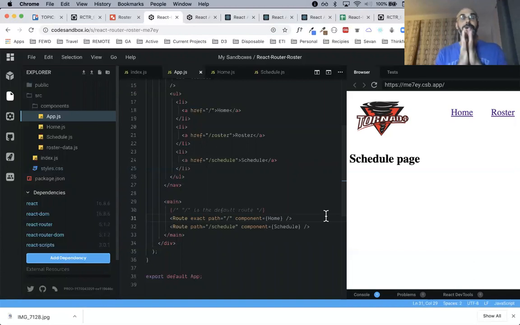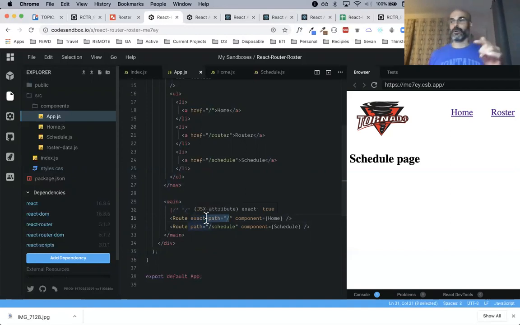It's kind of like, I would say, a property value. You know, like in a form, you could have required as just a key, a value that is never set to true or false. If you include required, then the person can't submit the form unless it's been filled out because it becomes required, right? Just as much as path is an attribute, right? And it's being set to this. Exact is an attribute, and it brings with it the additional functionality to evaluate this path. It's configured to evaluate the path and only render that exact path. Okay.